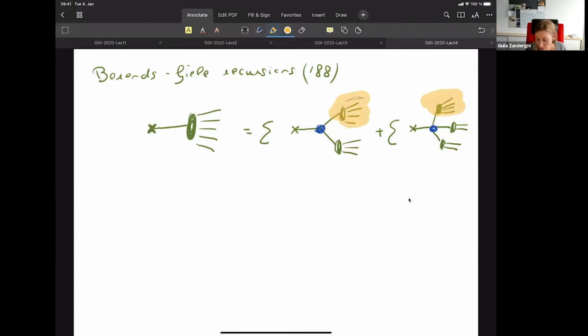So this is very powerful, and this is what in fact enters a lot of modern computer codes. There were also other approaches suggested. Let me just mention them. So for instance, in 2004, Britto, Cachazo and Feng